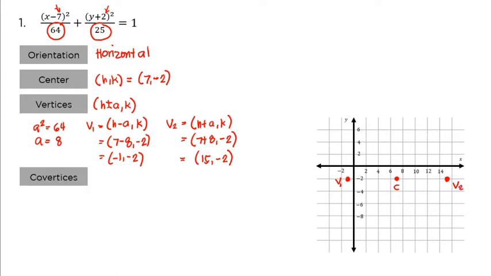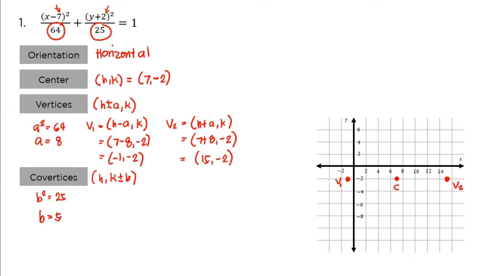Next is for the covertices. Take note the covertices are b units away from the center. And since we have b squared, which is equal to 25, so we have b equal to 5, right? Now, since our ellipse is horizontal, the covertices now are 5 units above or below the center. And since it is above or below the center, we will just add or subtract 5 sa y-coordinate ng center. So our formula will be (h, k plus or minus b). Okay, so from that,